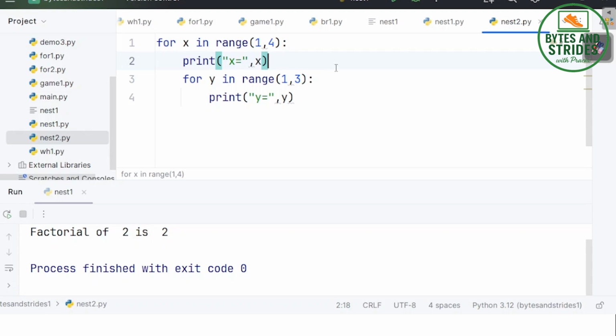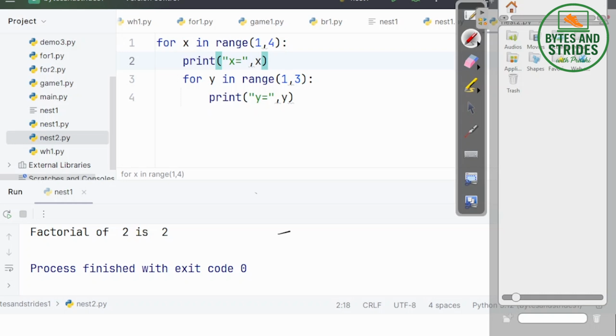How is it going to work? Let us try and understand this. First the value of x is going to be 1. It will print the output x equal to 1. In the same loop, I have a y. This y will go from 1 to 2. Okay, 3 will be skipped. So for x equal to 1, y will become equal to 1, and again, y will become equal to 2. So for one iteration of the outer loop,